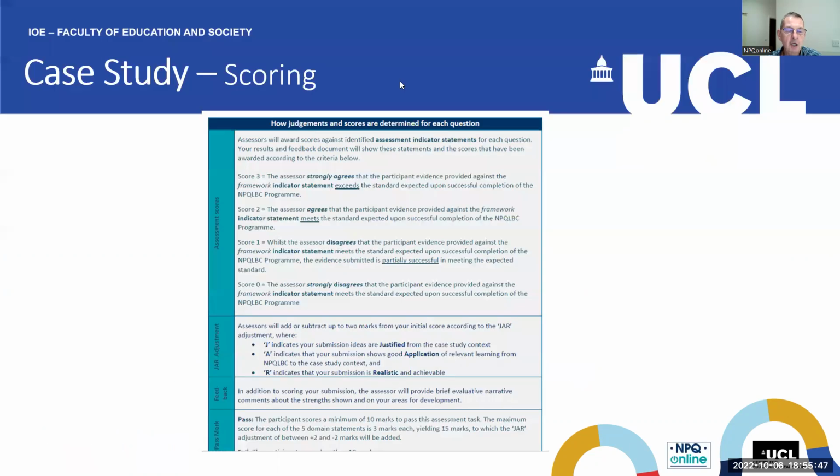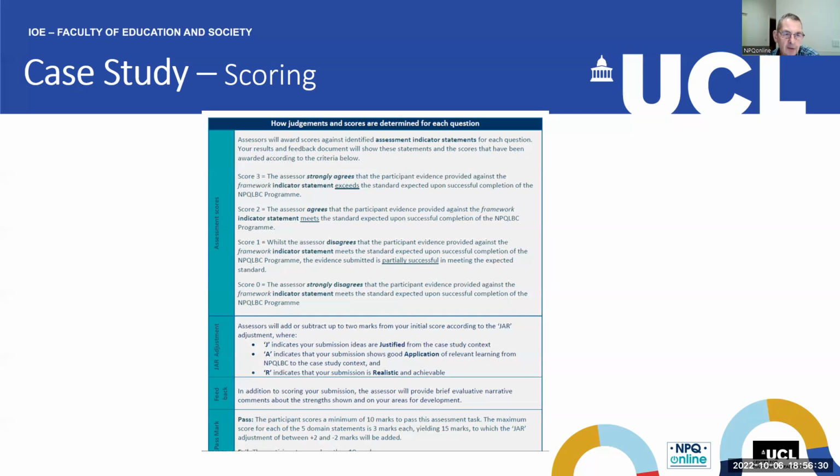So let's go on to the next slide. From the case study, you will see a description of how judgments and scores are determined for each question. And just to recap, there are actually 5 questions in your assessment, each of which carries equal weight. And each question is related to one of the assessment strands from the framework for your particular NPQ. For each of the strands, for each of the framework domain statements,